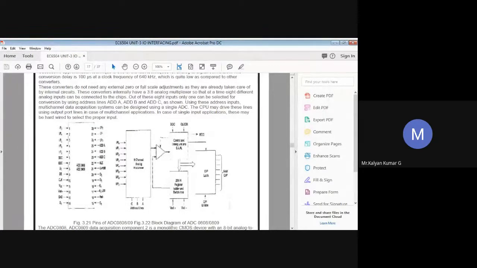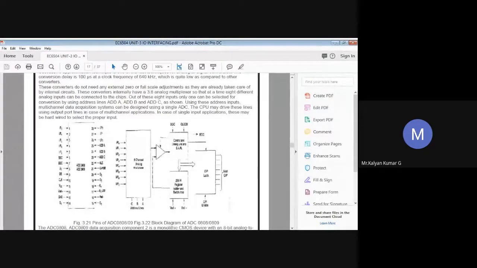And then we have start, pin number 6. This is the start of conversion pulse input. So when you're going to start any ADC process, the signal should be asserted high and then low. Normally the signal should remain high for a minimum of at least 100 nanoseconds. Then only this process will start.